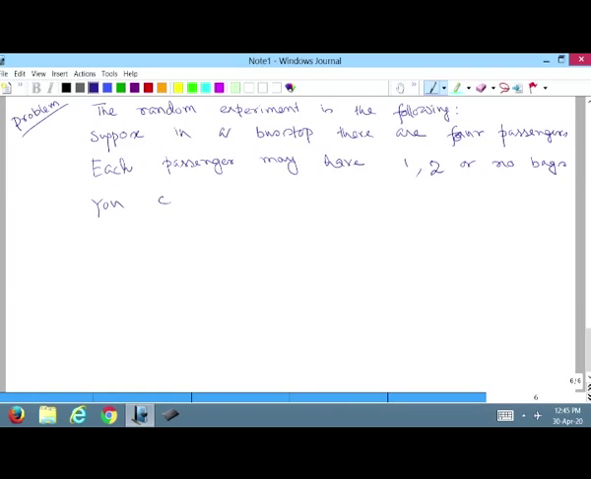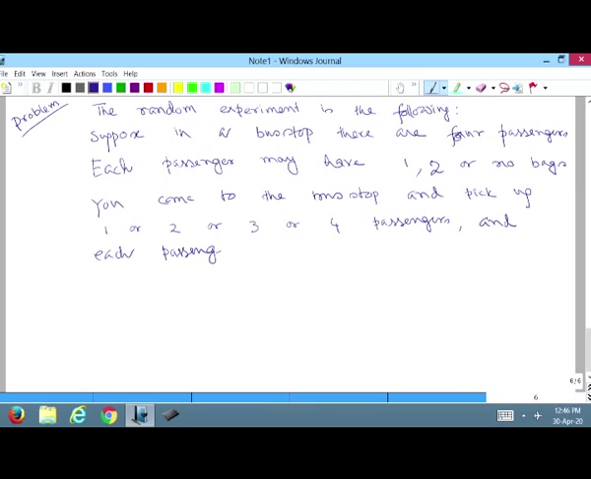You come to the bus stop and pick up 1 or 2 or 3 or 4 passengers, and each passenger takes his or her bags. Describe the sample space